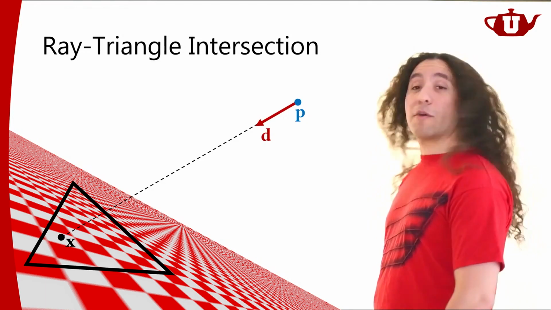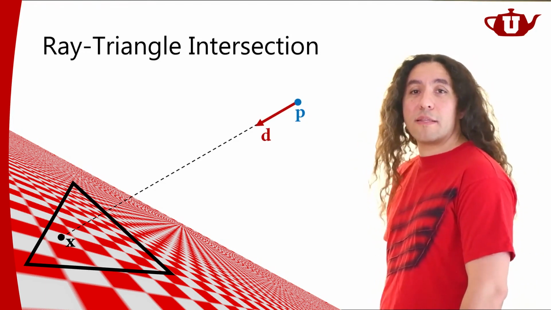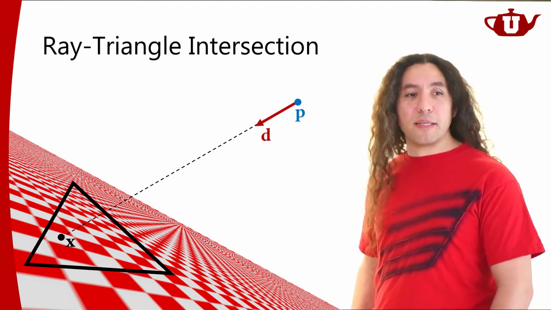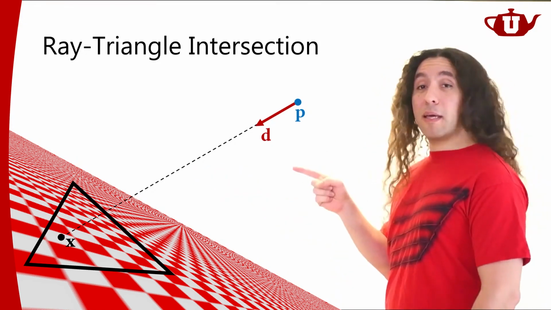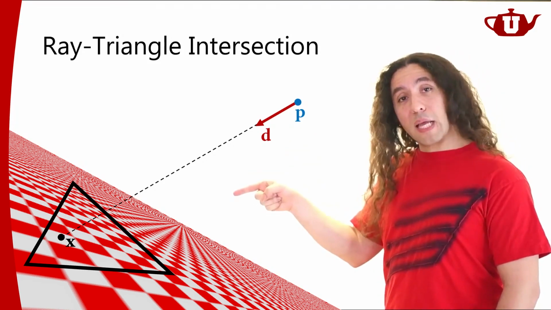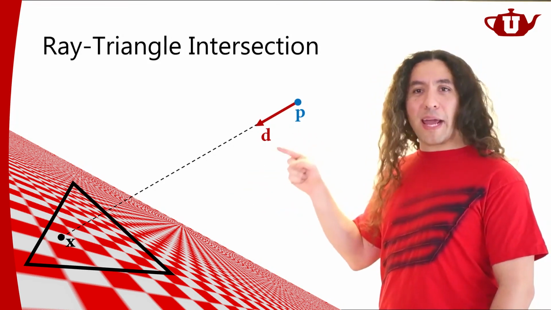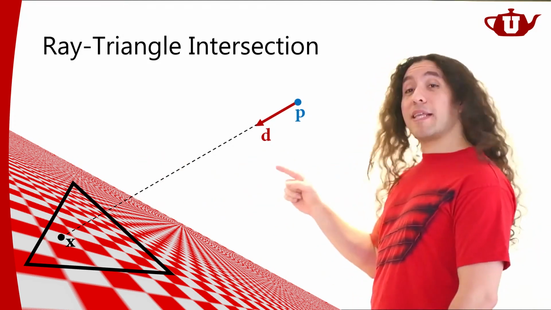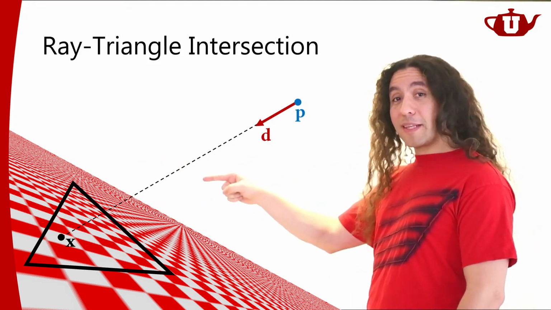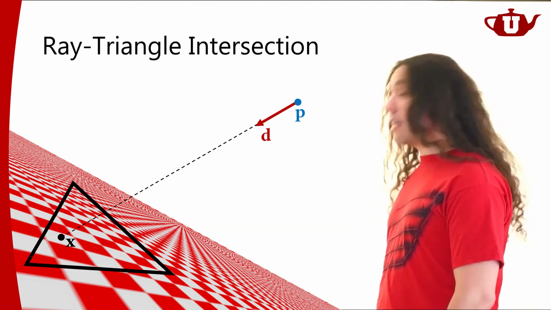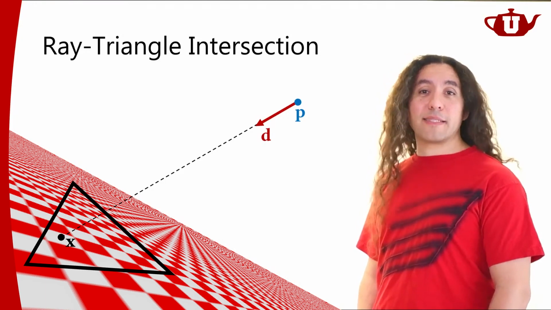And if I have the plane equation, then I can easily do the ray plane intersection, and I find out where the hit point is. But that doesn't tell me that my ray intersects with the triangle. It only tells me where the ray intersects with the plane, with the infinite plane. After that, I need to check whether that intersection point x here is inside that triangle. That's all I need to check.